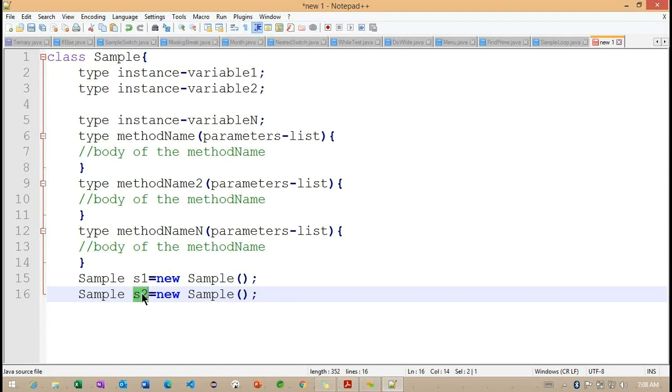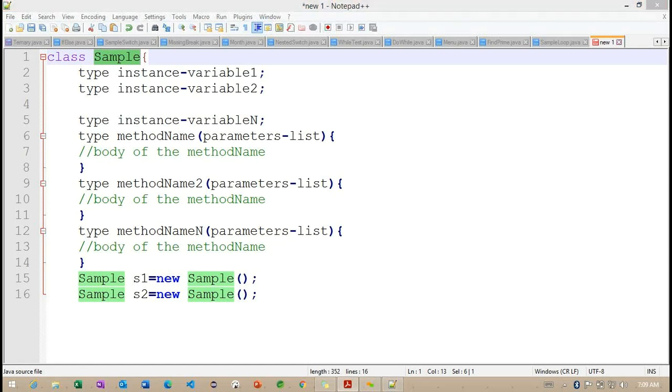Getting the point? Whenever we declare objects, each object will contain its own copy of the object information. So we get one advantage when creating an object with the help of this class. We can create instance variables and methods, and when we create an object of this class, we have our own copy of the object information. Getting the point? Now we'll observe how we can create this class example.